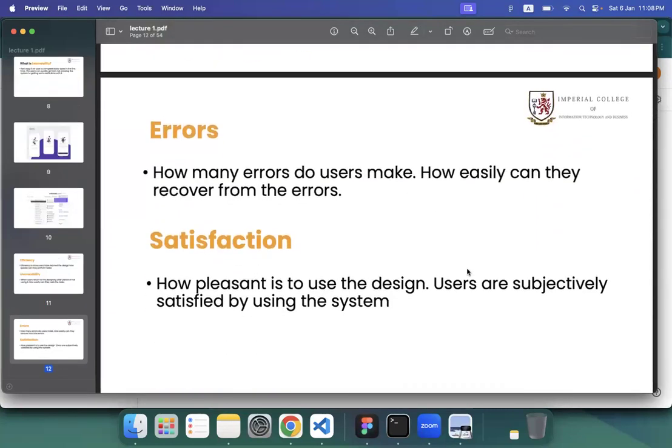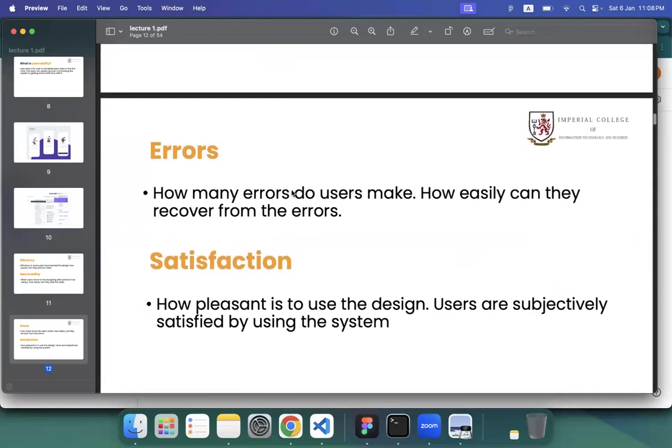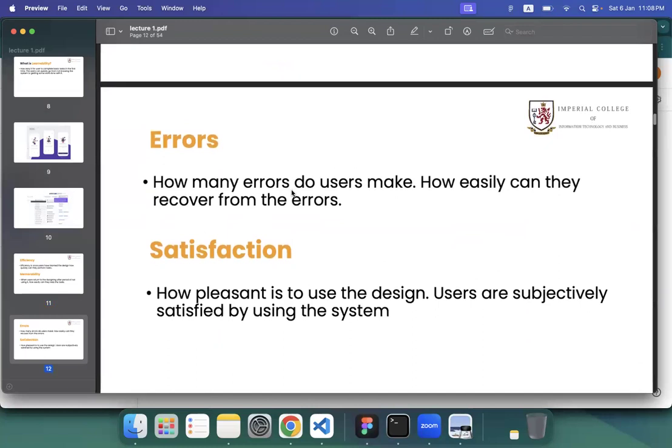And errors. How many errors do users make? How easily can they recover from the errors? Error handling is something really important if you are designing applications that require user input. For example, let's say you have a form that you have to submit. Let's say a banking application. You want to send money to someone. If you don't add the account number correctly, so let's say one person wants to send money to